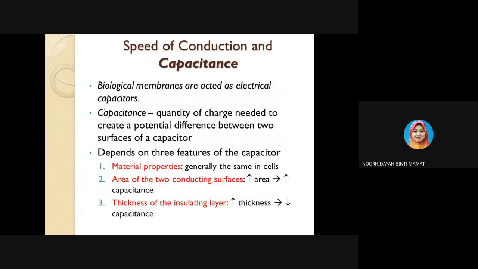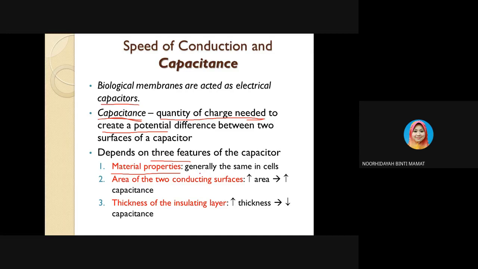So just now was the speed of conduction and resistance. Now this is the speed of conduction and capacitance. Biological membranes act as electrical capacitors. Capacitance is the quantity of charge needed to create a potential difference between two surfaces of a capacitor. This depends on three features of the capacitor, the first being the material properties of the capacitor,